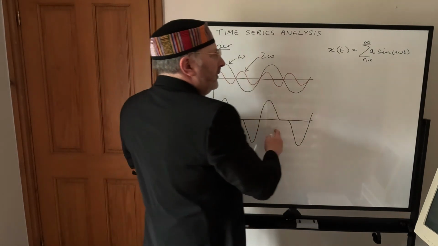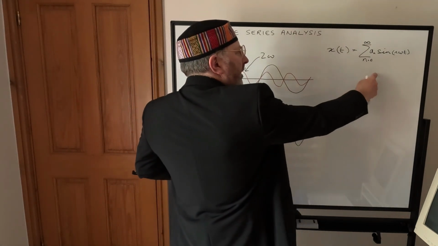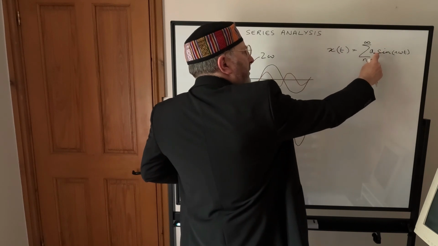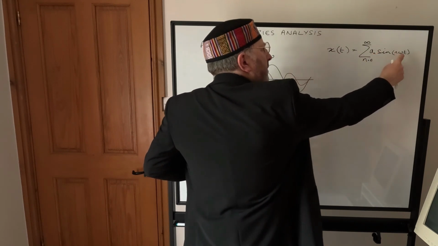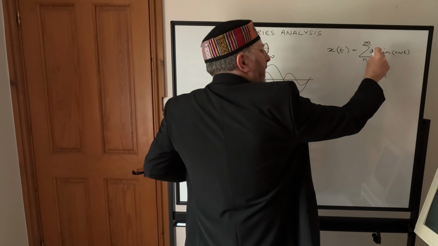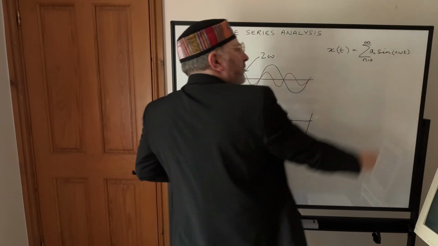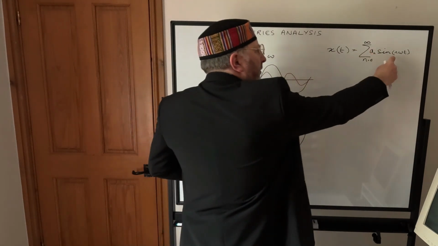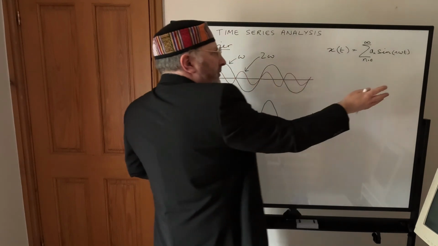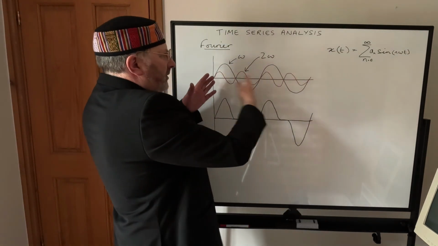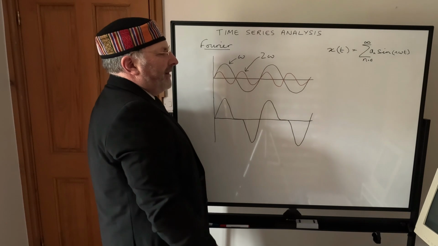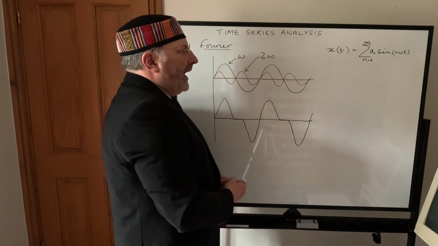So this signal can be represented as a sum of sine waves with the amplitudes 1 when n is 1 and a half when n is 2. And then for n is 3, 4, 5, the amplitudes are 0, because it's just those two added together. Whereas for our